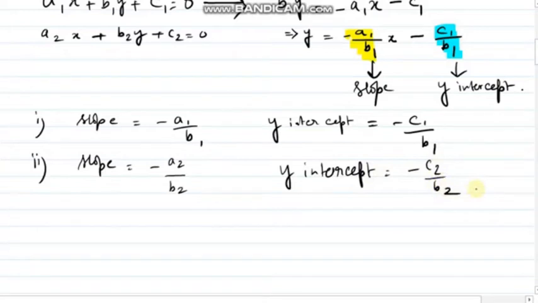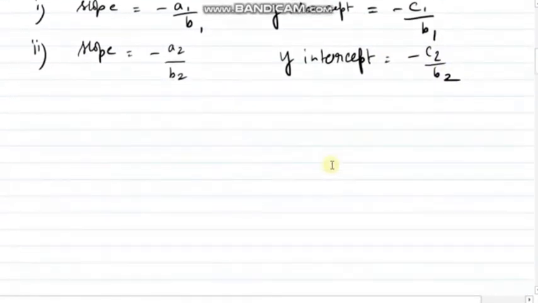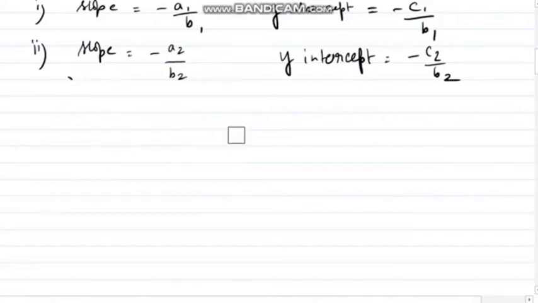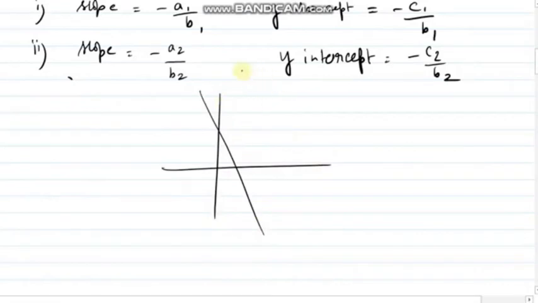As we know that slope is tan theta. Again, you can check the coordinate geometry part. Why slope is tan theta? What is theta? Theta is the angle made by the line with the positive direction of x-axis. Positive direction means anti-clockwise direction. So if two lines' slopes are equal, let me draw it properly. This is one line, this is one line. So slopes are equal.